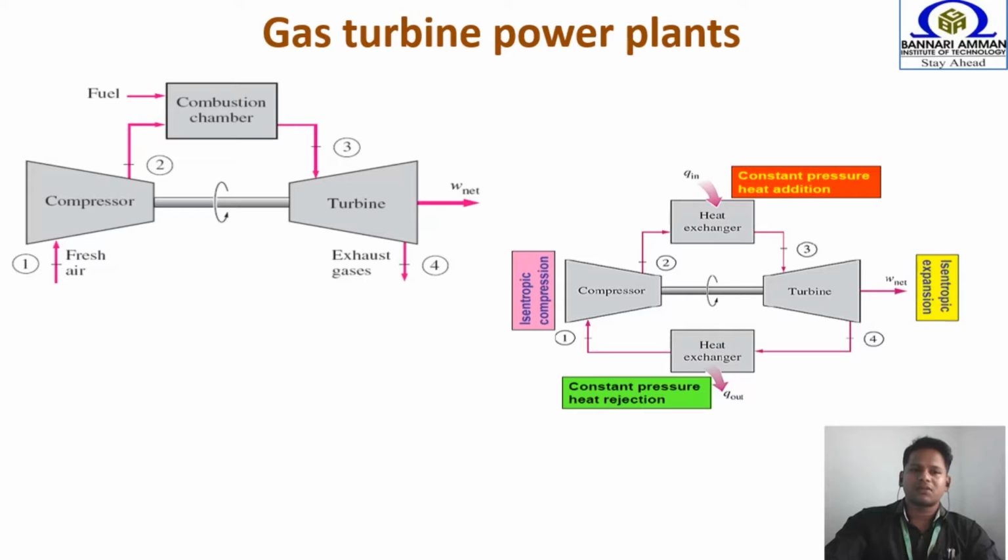So we have been talking about this combustion chamber, right? In the combustion chamber, we are supplying the fuel, either a liquid fuel or a gaseous fuel. So we send the fuel and we have air here. Here we get a chemical reaction process with two reactants. One is air and the second is gas or liquid fuel. In the combustion chamber, we get a chemical reaction where the reactants are air and fuel. This reaction is called an exothermic chemical reaction.